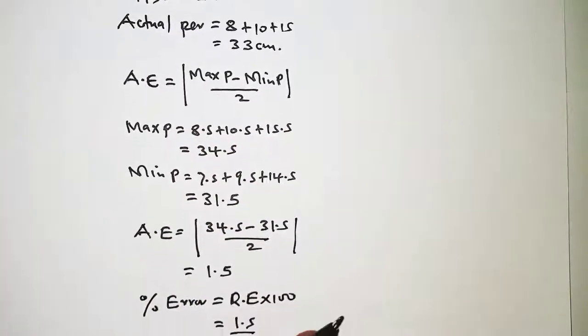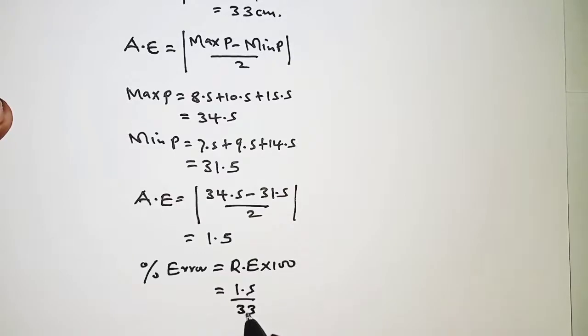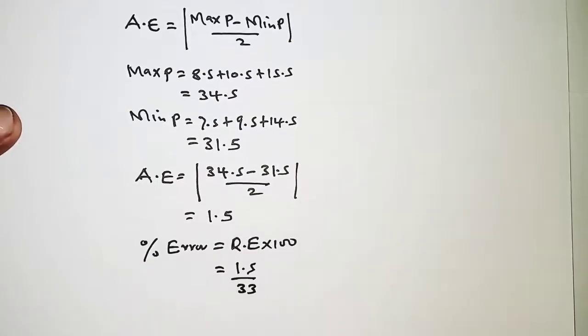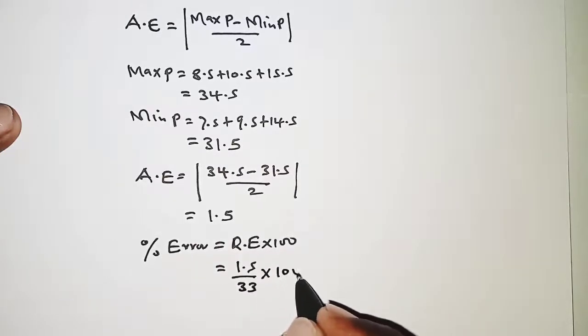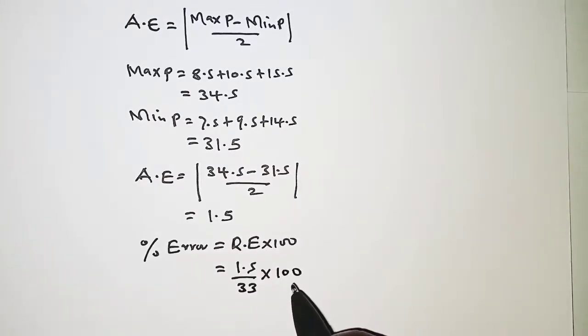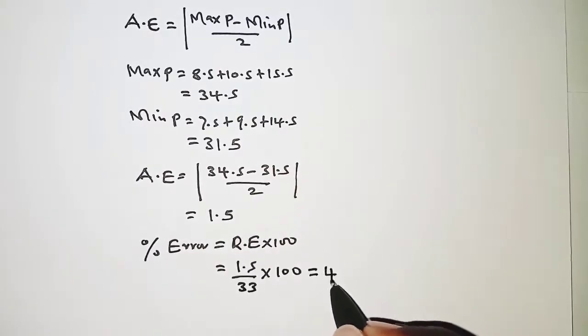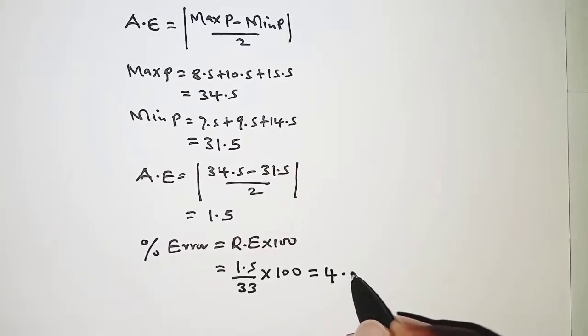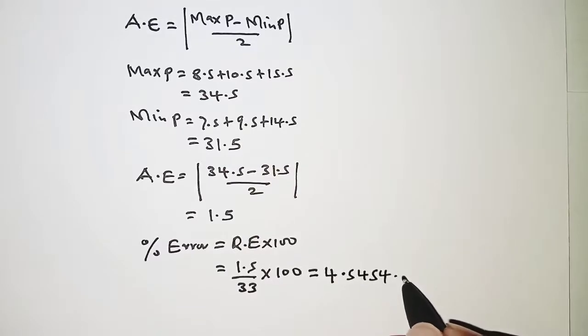So we're going to have it down here as 33, and then we'll have to multiply that by 100, so that this should become 4.5454. Of course, it's recurring,